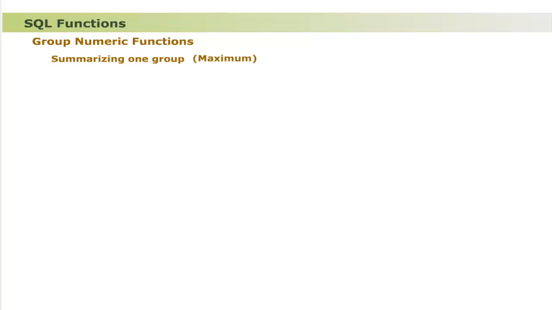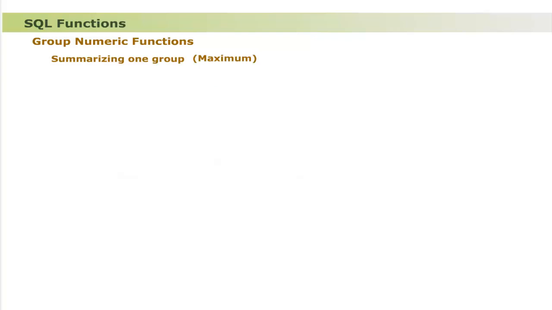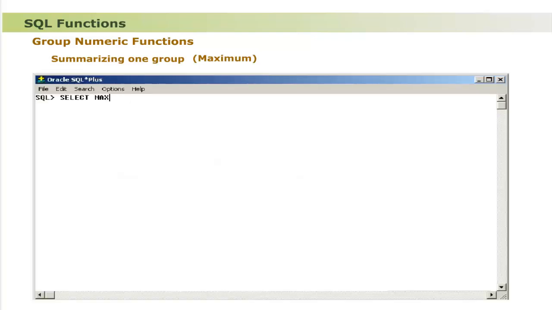Maximum. It is used to display maximum value in a column. The select command that uses function max is. The output of this command